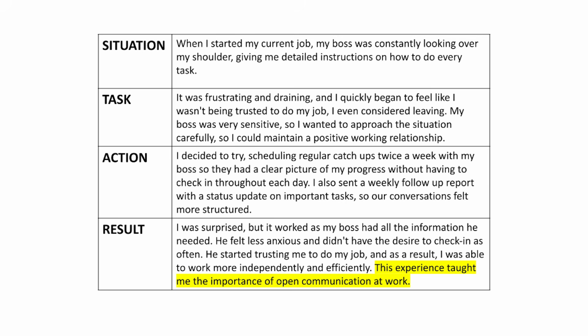Now, this is one example when it comes to communicating with others. There's no rule book on exactly how to approach it, and you never know how someone will respond. But here it shows you considered the sensitivity of your manager and you thought about your working relationship before you took action. So in your interview, if they're asking you to describe a time where you solved a problem, they want to know that you take a considered approach, that you don't just jump in and rush into sensitive situations, and you understand the importance of preserving a strong working relationship, whether your example includes your manager or your colleagues.